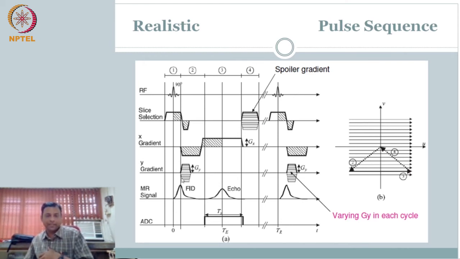So that is also explained here. That is making it a little more practical. Realistically, that's what they do. And then one other thing that you see is, you just saw one rectangle and shaded area, right? Now what you are seeing is parallel lines here. What are these parallel lines? This basically says that we are repeating this experiment each time with a different value of gy or gz, right? Of the gx. So varying gy in each cycle. By putting this hash line, we are saying that each time we are repeating the experiment with a different value of the gradient.